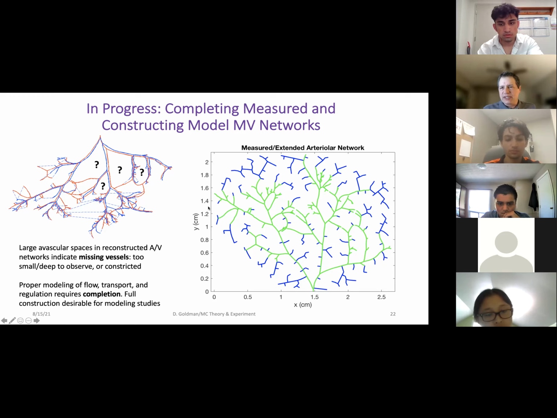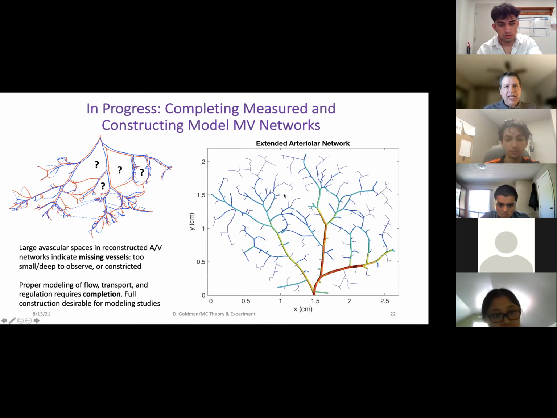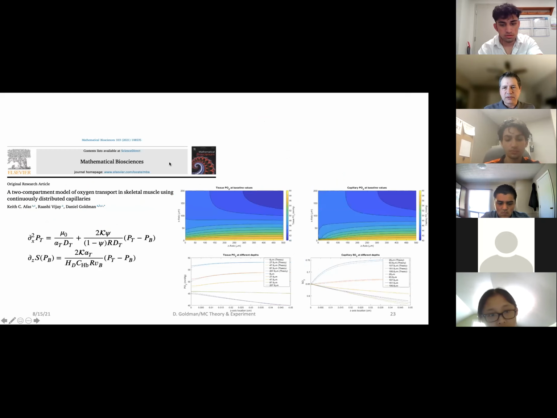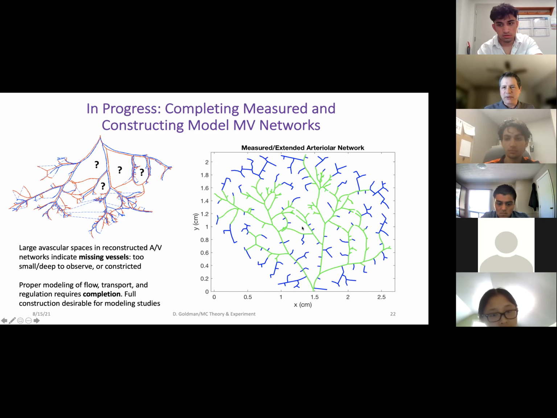By doing this for a few iterations, we've increased the vessel density in certain places where vessels were missing. Then we can estimate diameters of those vessels that we added, and then we can try to do a flow simulation. That should allow us, for example, Dr. Frisbee asked about tracer washout kinetics. So if we just have the green network here,